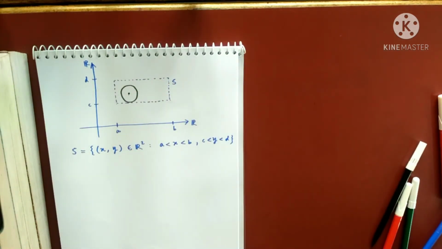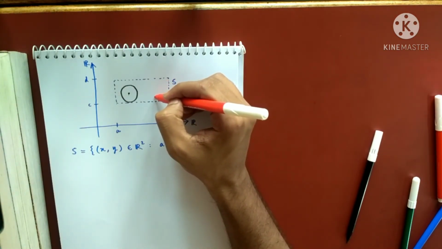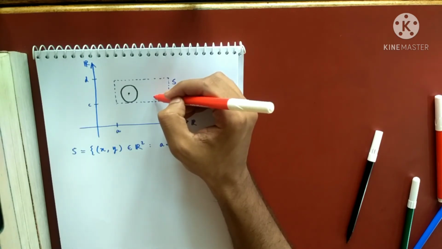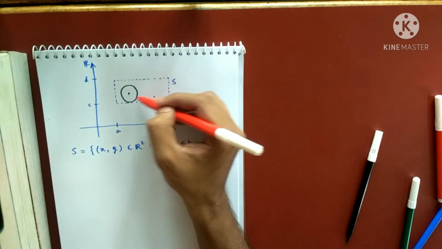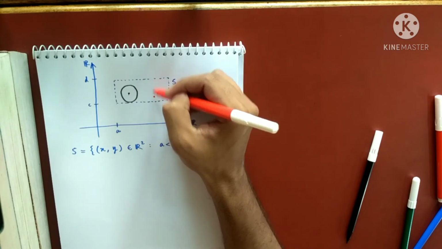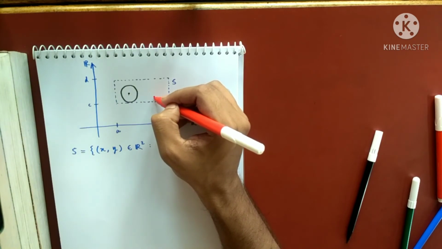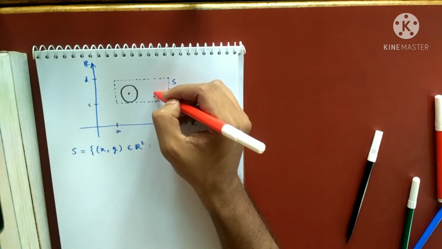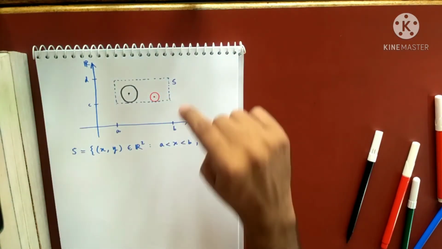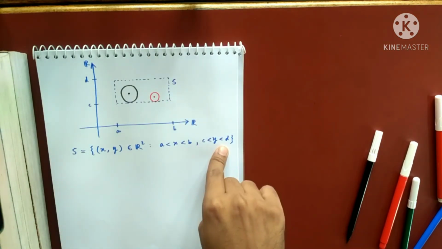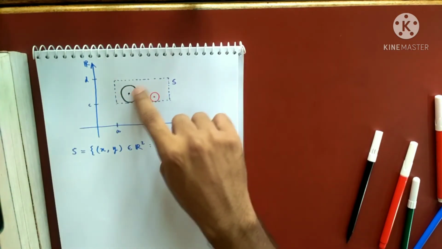Similarly, if I ask you, is S a neighborhood of this point? Again, what I'll do, I'll measure the distance from the four lines. Like this distance, this distance, this distance, and this distance. Whichever distance is smallest among these four, I will take that as the radius and draw an open ball around it, and you will see that it will be inside S. Right? So again, this rectangle is a neighborhood of each of its points.